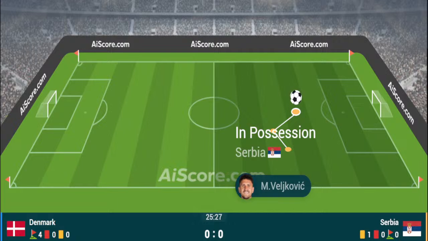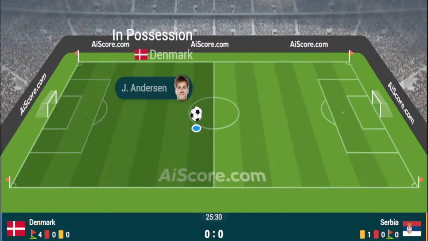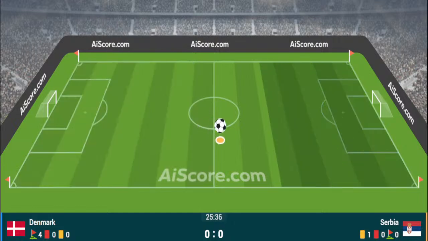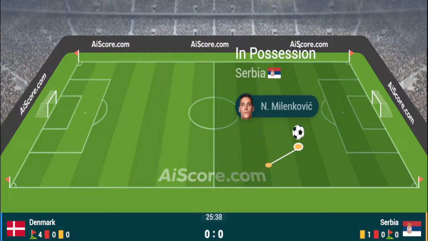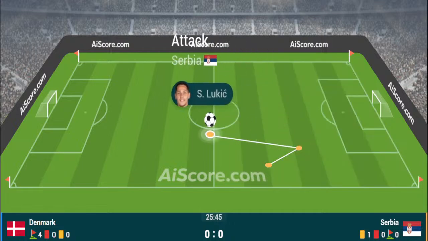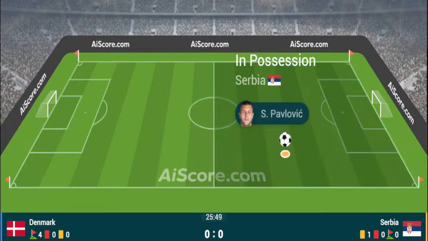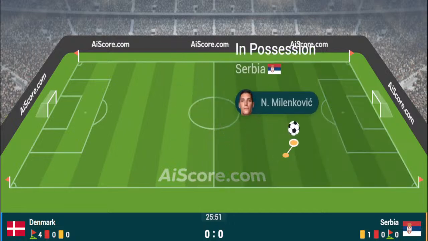It is Denmark in possession, right on halfway in, on the left hand side I should say. Christian Eriksen around the corner looking for Rasmus Højlund, couldn't quite find Rasmus Højlund. No free kicks as the referee. Denmark certainly wanted a free kick, and a couple of occasions where the battle between Milenkovic and Rasmus Højlund has certainly fallen in Milenkovic's favour. Rasmus Højlund, as we know, only needs a moment.